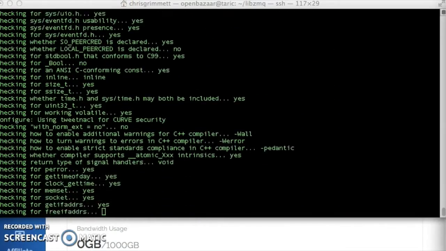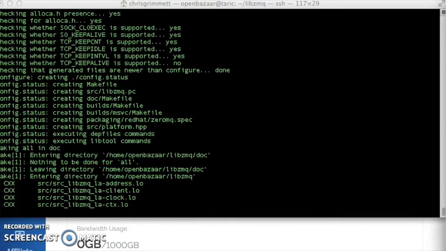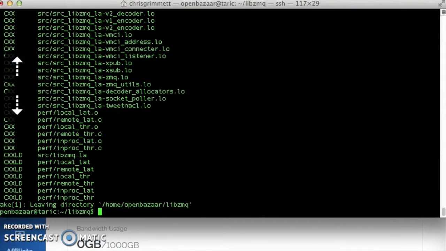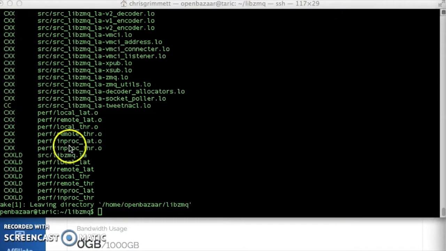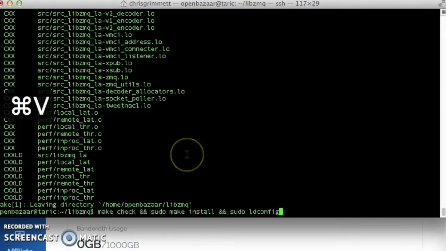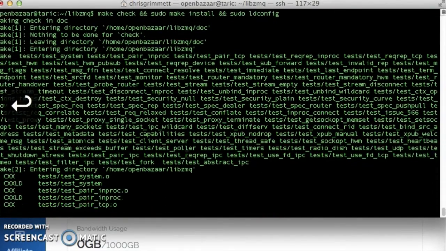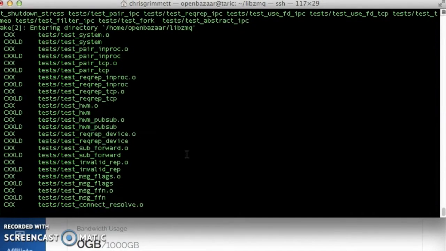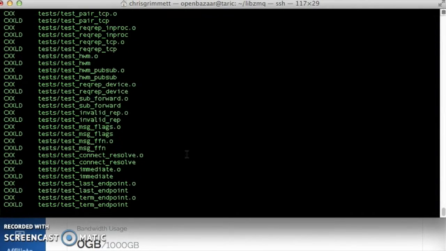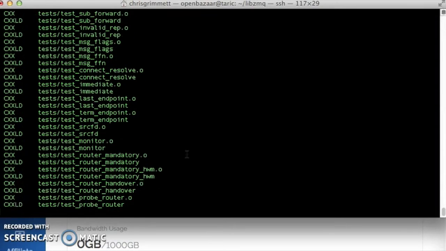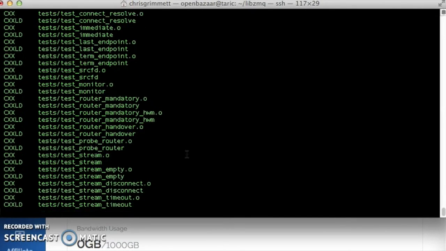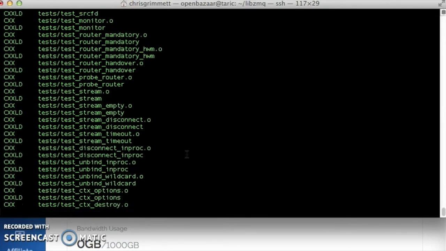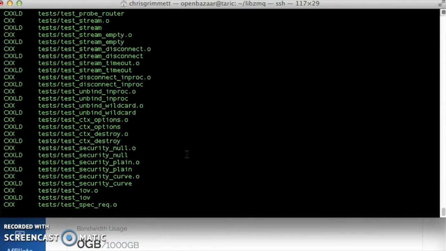Compilation usually takes 5 minutes, about. Very good, very good. We have compiled, and now it's time to install. Another three commands. Make check runs tests on the software to make sure it installed correctly. Sudo make install copies the compiled code to the appropriate directories on your system, like user bin,